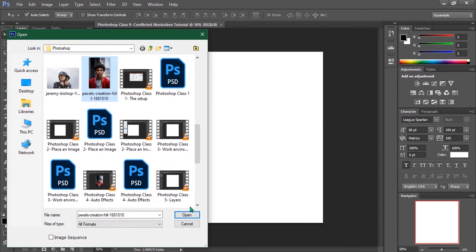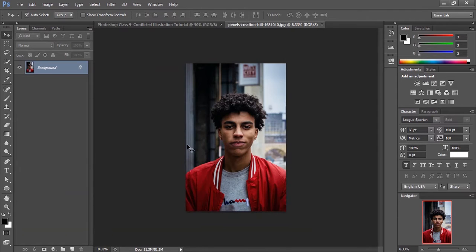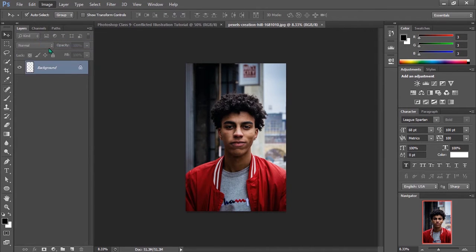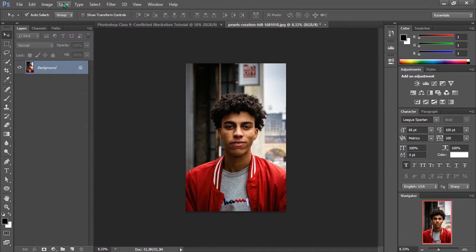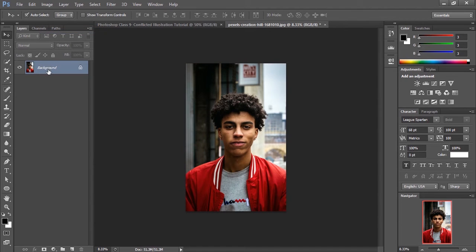Okay, go back to our model, select and open. The reason why I'm opening this image instead of just placing it is because we still have to remove the background and make some adjustments like we did earlier. Add contrast and auto tone. Okay,